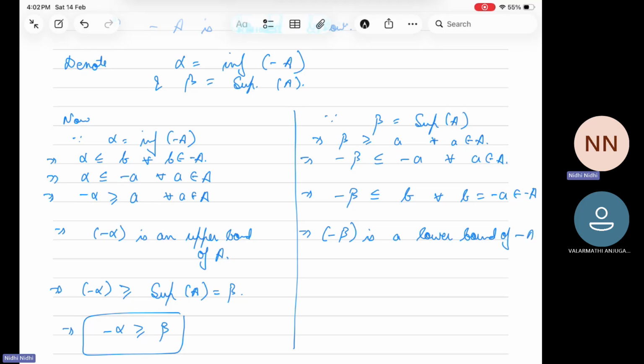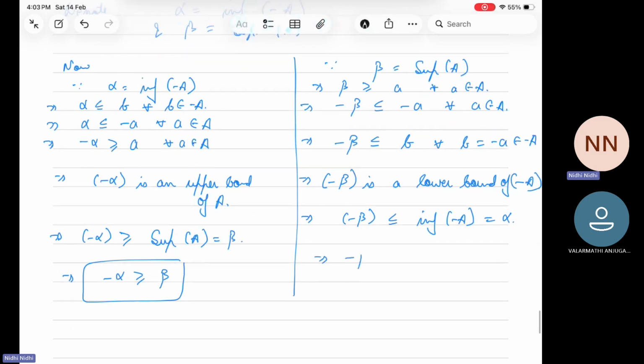of minus A. Then again, we have a relation between lower bound and infimum. We all know that the infimum is the greatest lower bound. This implies minus beta is less than or equal to the infimum of minus A, and by notation, this is equal to alpha. This gives us minus beta is less than or equal to alpha, or beta,